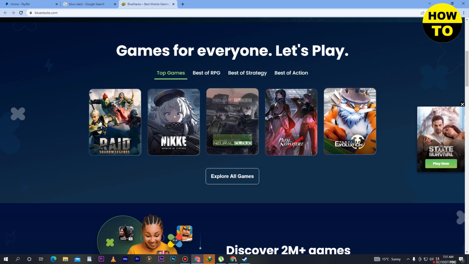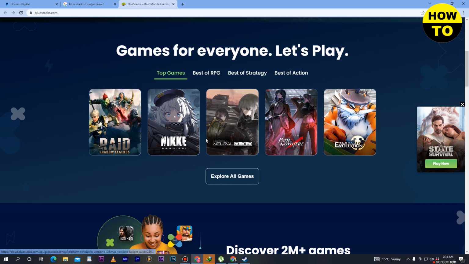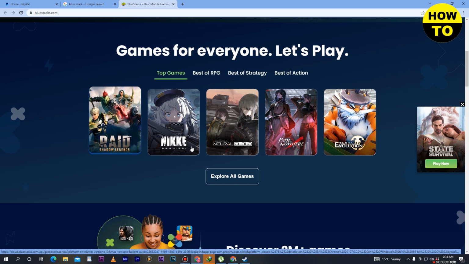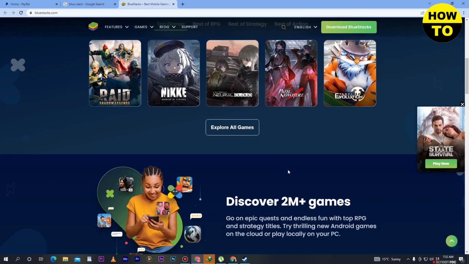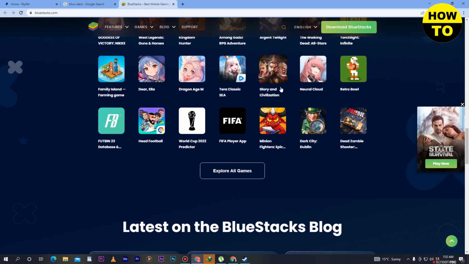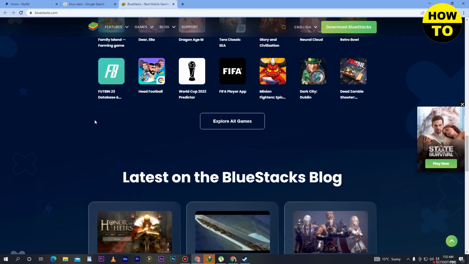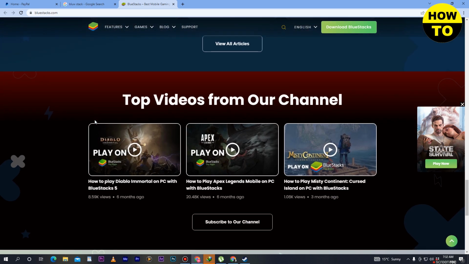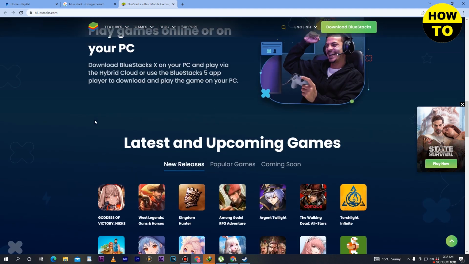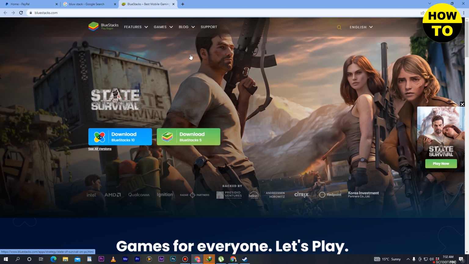like you can see these games are available. So simply you can directly download games in BlueStack. Just click here and download the games, and here you can see explore more games. So just scroll down, and here you can see all the latest games and applications available. After that you have options to download the Play Store applications, like the daily applications you are using, you can download